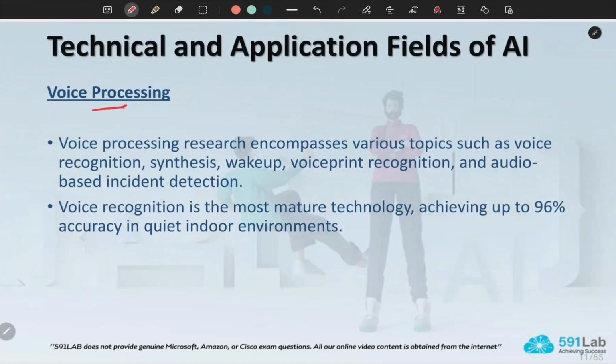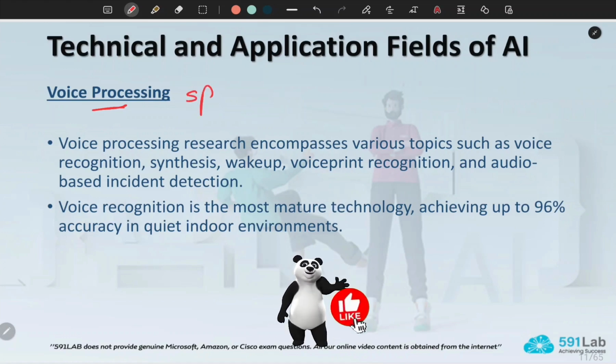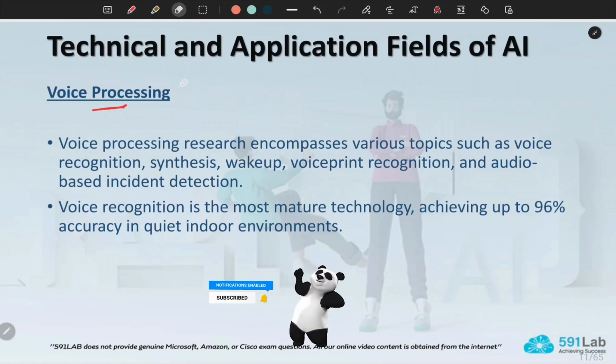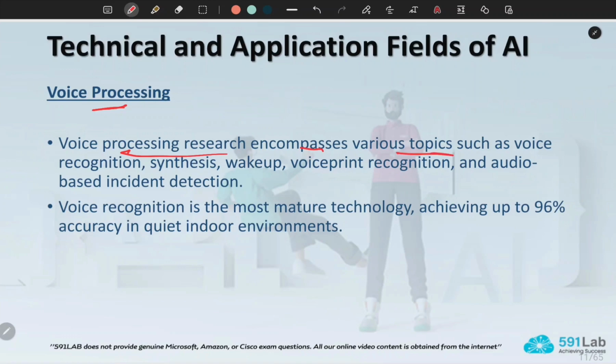Voice processing. Voice processing is also called speech processing or speech recognition or automatic speech recognition. All these are synonyms for the same thing. Voice processing research encompasses various topics such as voice recognition, synthesis, wake-up, voice print recognition, and audio-based incident detection.